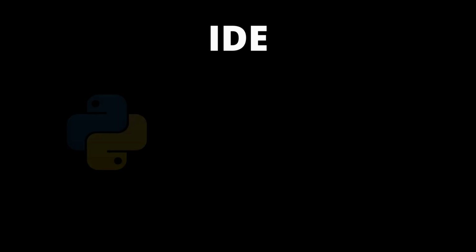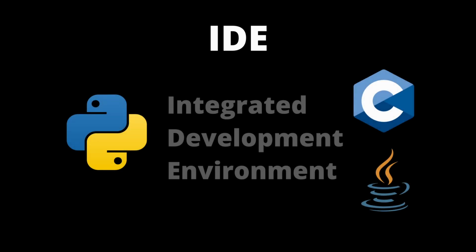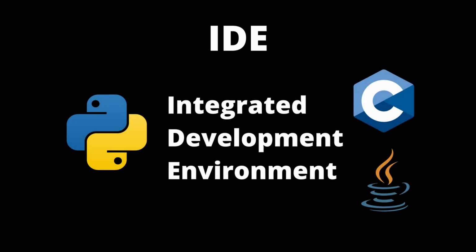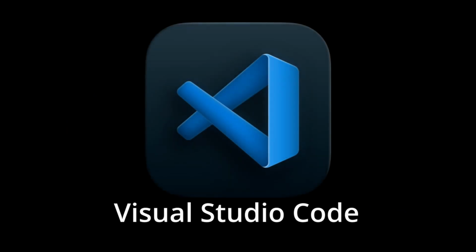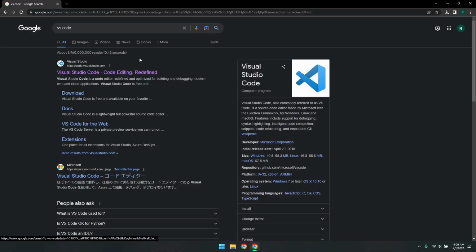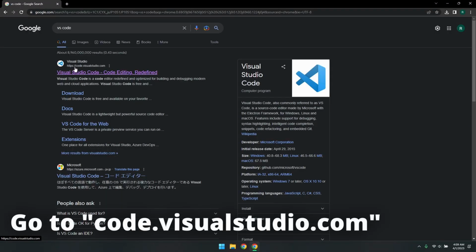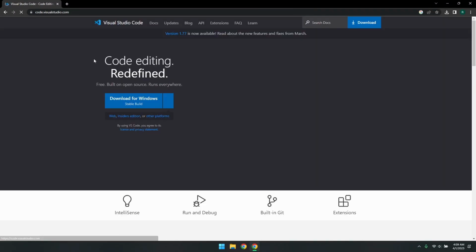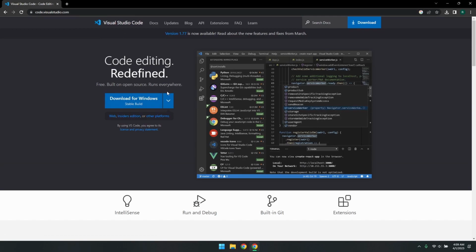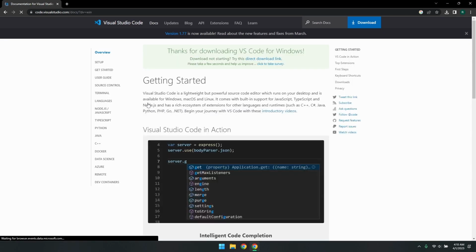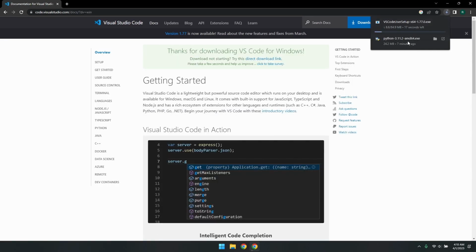IDE of Python or any programming language stands for Integrated Development Environment. The IDE we're going to use is VS Code, or Visual Studio Code. You can just go to code.visualstudio.com to reach the website. It gives the download for Windows right at the top of the website. Just click on download for Windows, and